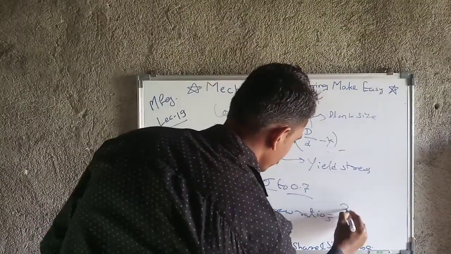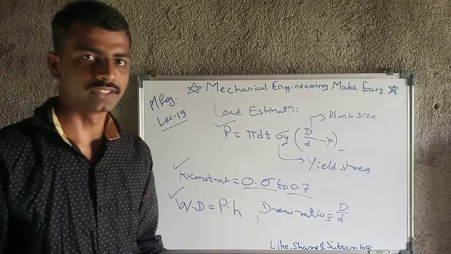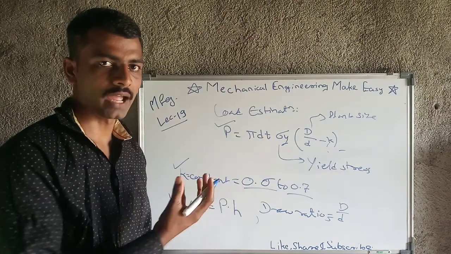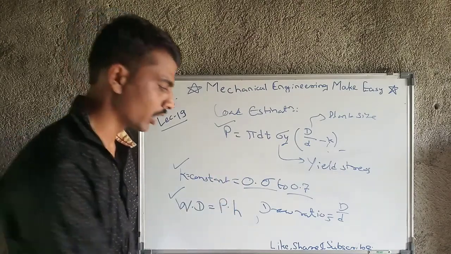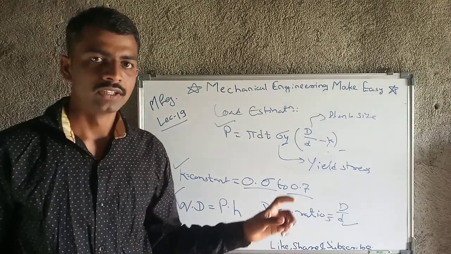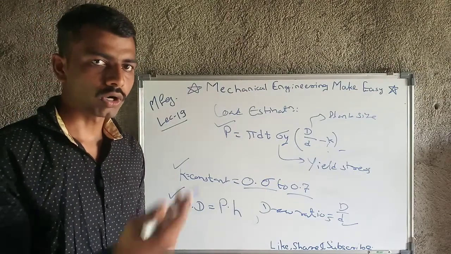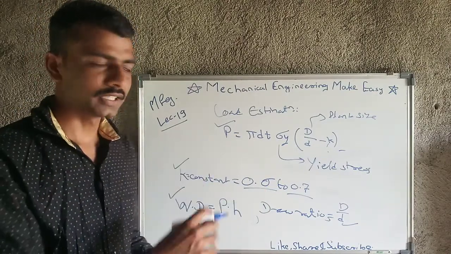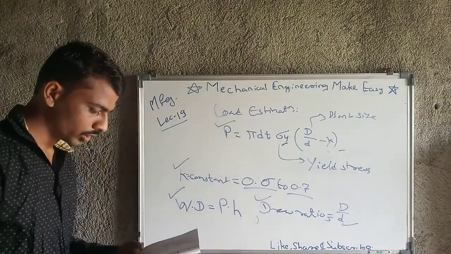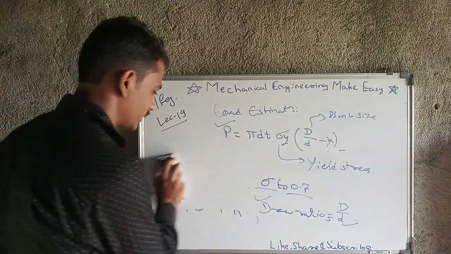Draw ratio is nothing but capital D upon small d, meaning the amount by which we have decreased the diameter. At the blank end there was a diameter of capital D, and at the outlet we have generated a diameter of small d, and ultimately we have utilized that reduced size to increase the height. We have got a round shape, and this is nothing but draw ratio, that is D upon d. So this is all about what I have designed for today's lecture.